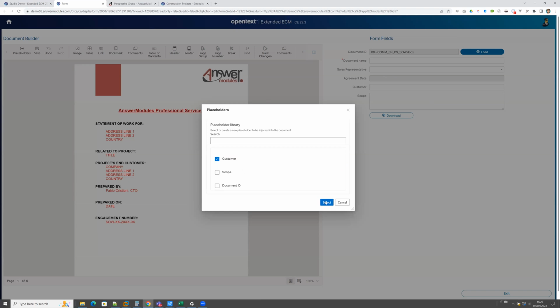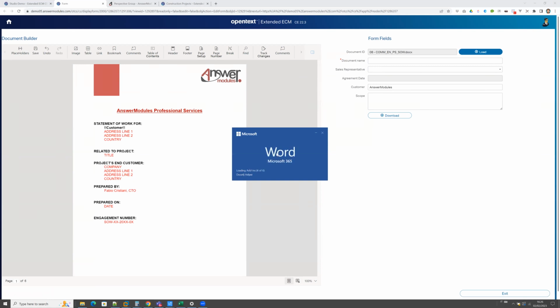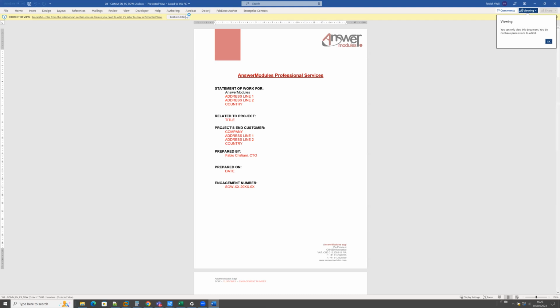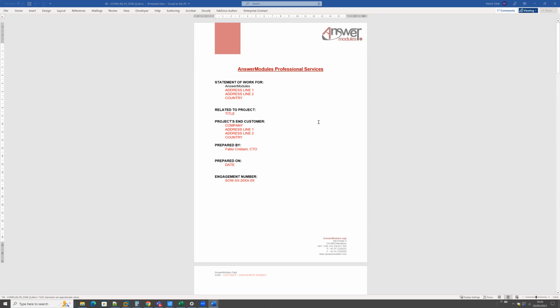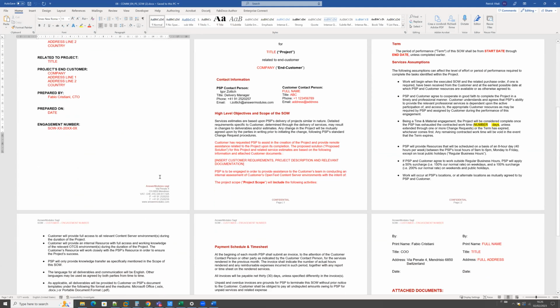So I can just select the customer, and if I provide a value here, for example, answer modules, I will be able to ask the system to generate now a document that is exactly the same, but with the placeholder substituted. So you see here, we have the same document with the placeholder substituted.